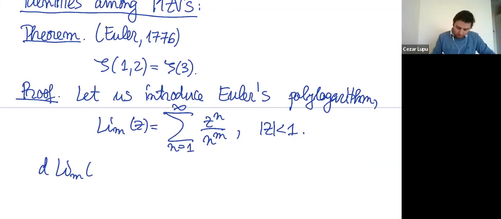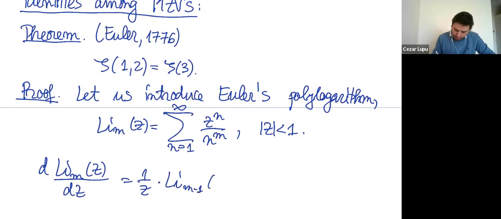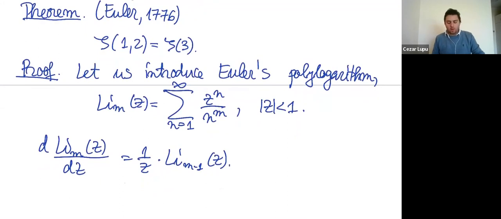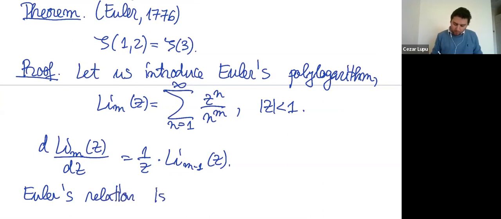Now if we want to differentiate this with respect to z, right? Differentiating term by term, this is 1 over z times Li_{m-1} of z. That's pretty easy to see. So now what we're going to prove is that Euler's relation is equivalent with